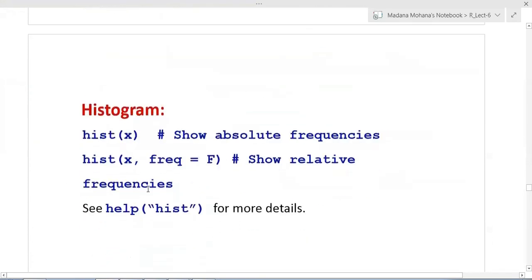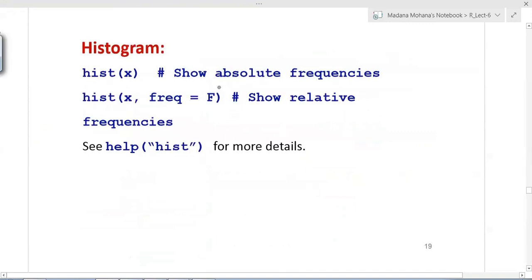Now the command for histogram in R software: simply use HIST of X, where X is the data vector. Whenever you mention frequency equal to false, FREQ equal to F, it shows the relative frequency. If you don't give frequency equal to false, the default is absolute frequencies in the histogram.